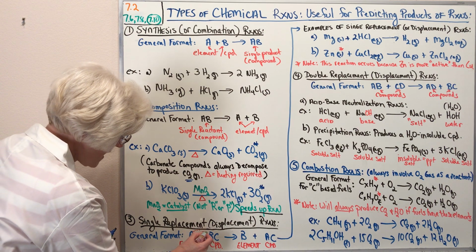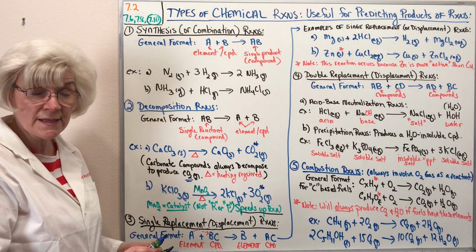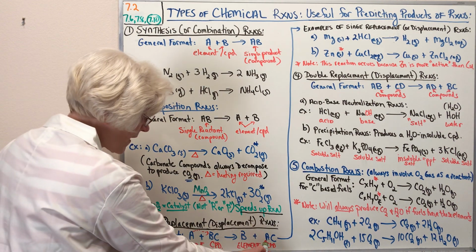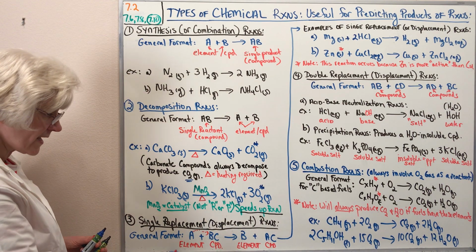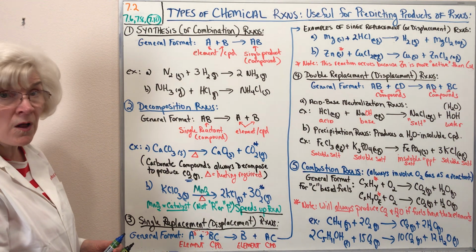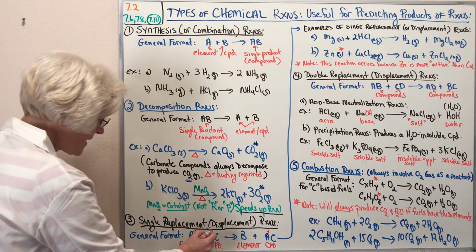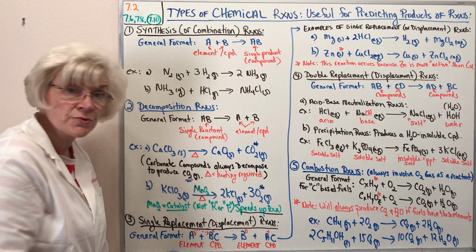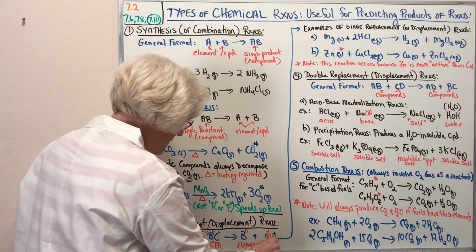So A comes and displaces B, and now B as a product will be in its elemental state, and you now have a new compound with A as the more positive part and C, of course, remaining as the negative or more negative part of the compound. So A is neutral as an element, as all elements are, but then it ends up in this positive state. B is positive, but then changes or is converted into its neutral elemental state, and C remains negative in both